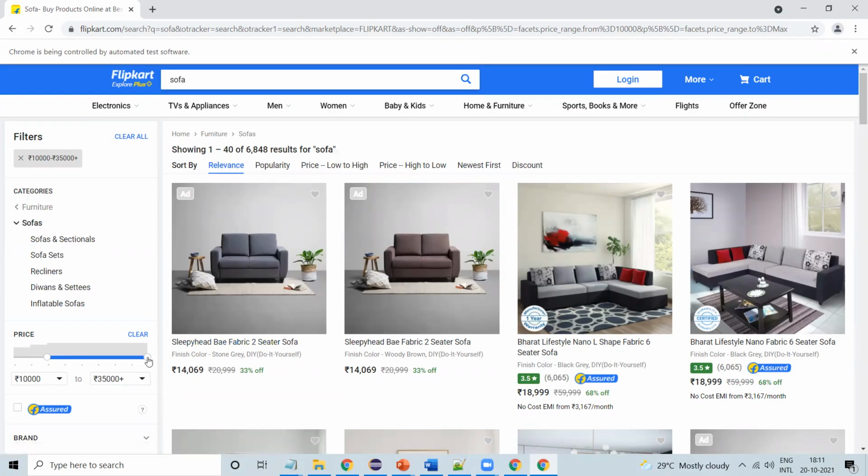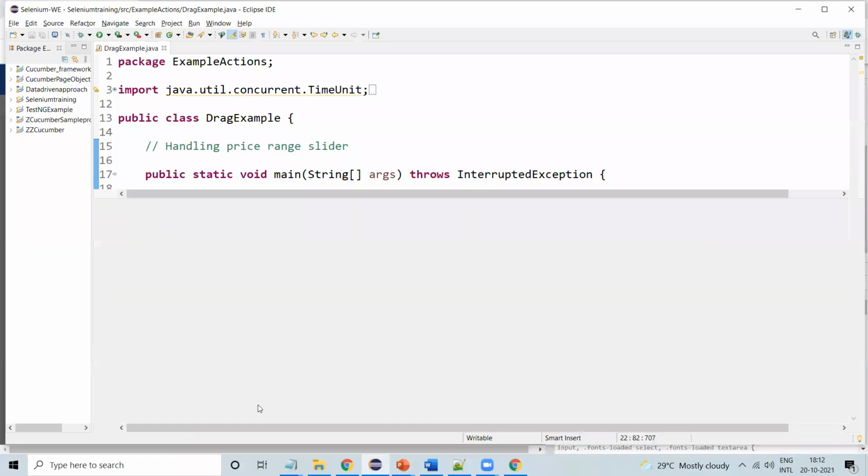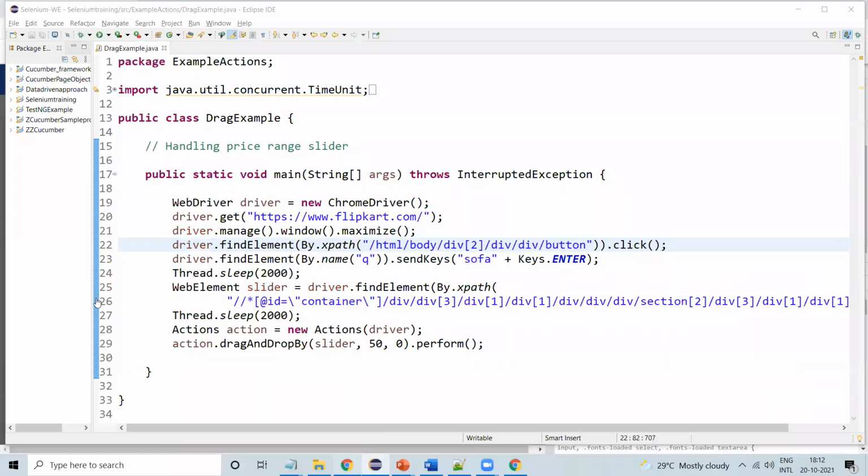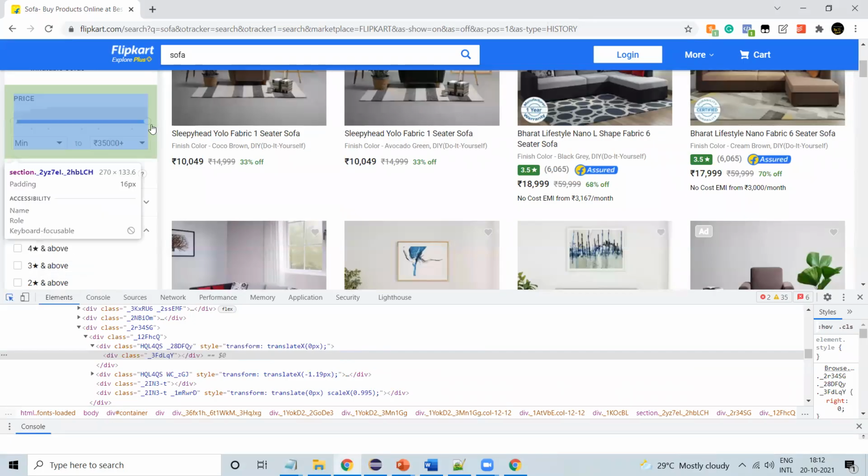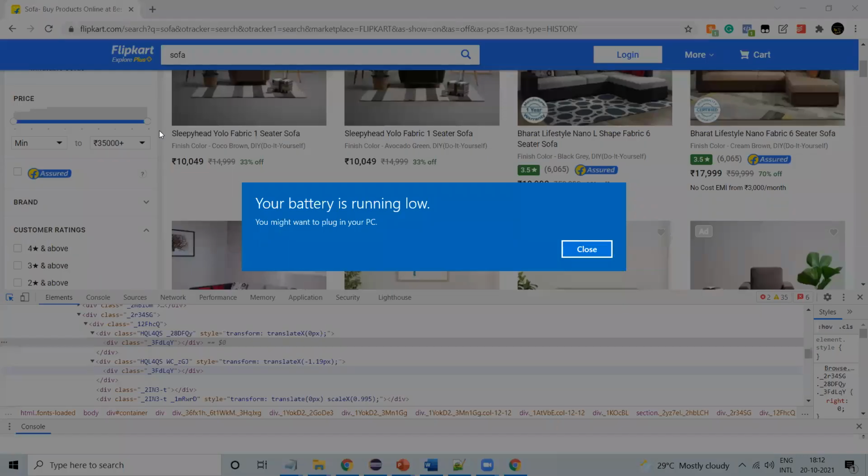Now we'll see how we can drag from here to here as well. So we'll do these things as well. For that, I need to find the locator of this element, and we need to do the same with the Actions class. From this, I will go over here.